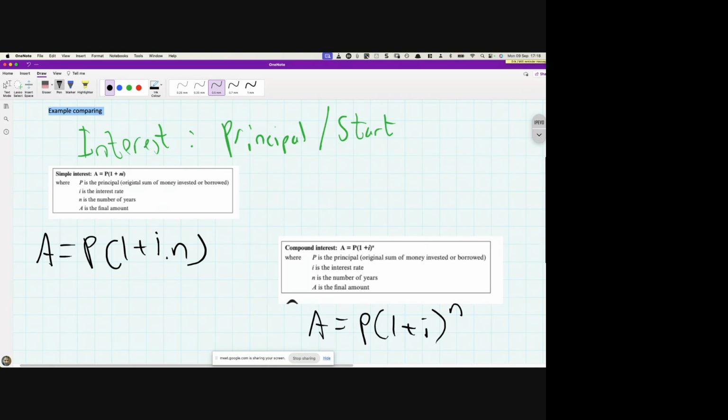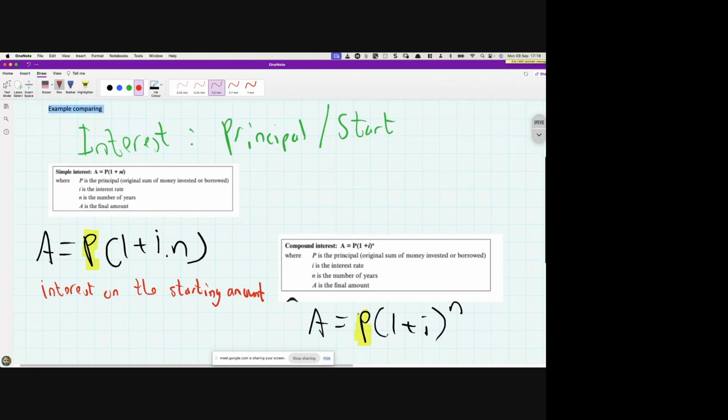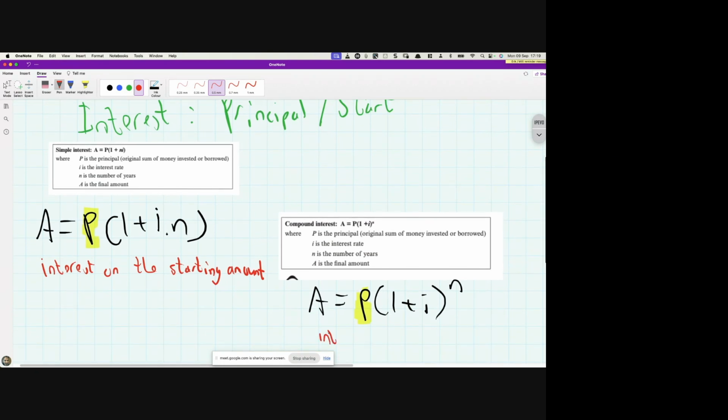So if we look at our formula, each of these variables has some meaning. The first one is P, the principal, and that means the initial starting amount. So if you look at this P here, it is the amount that you start with. Now, in simple interest, you only get interest on the principal, the starting amount, whereas with compound interest, you get interest on